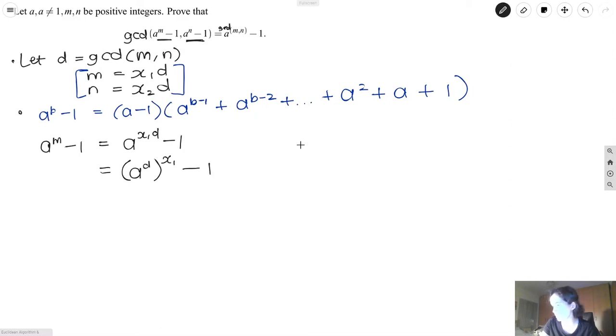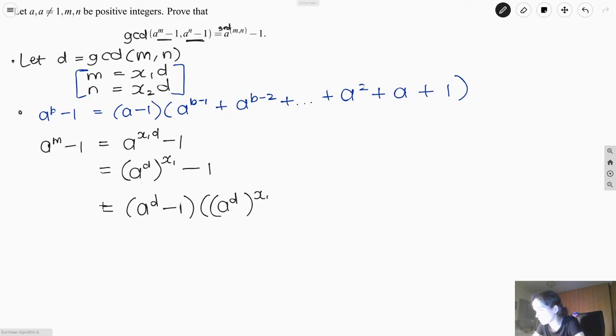When we apply this formula, instead of taking a, we now take a as being a to the power of d. So now this is going to be a to the power of d minus 1 and a to the power of d x1 minus 1